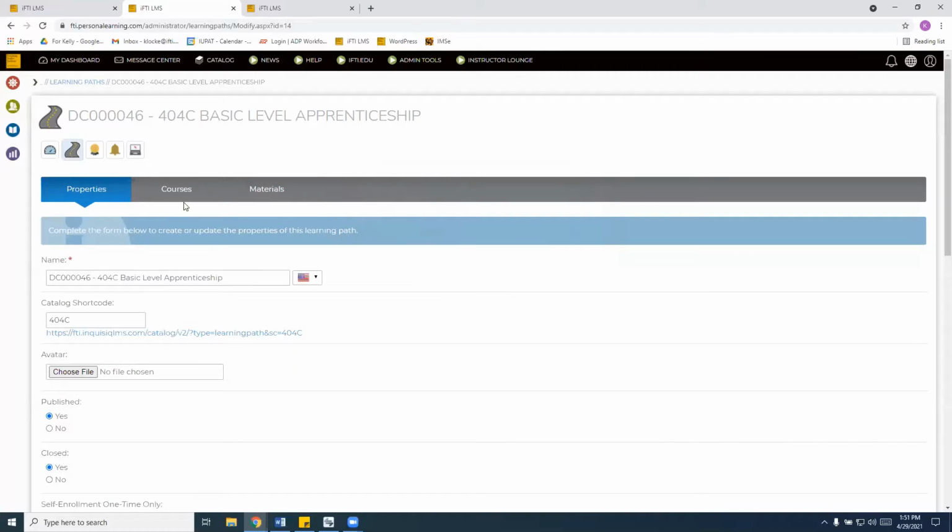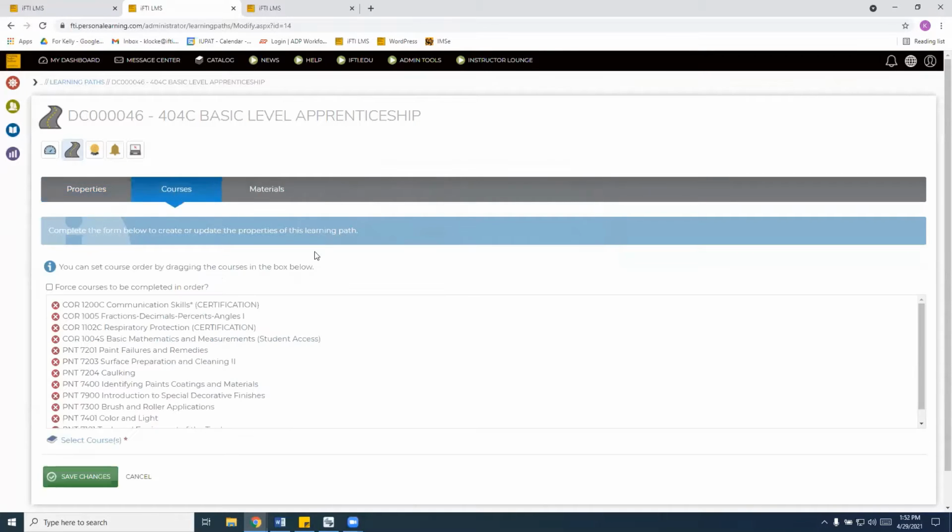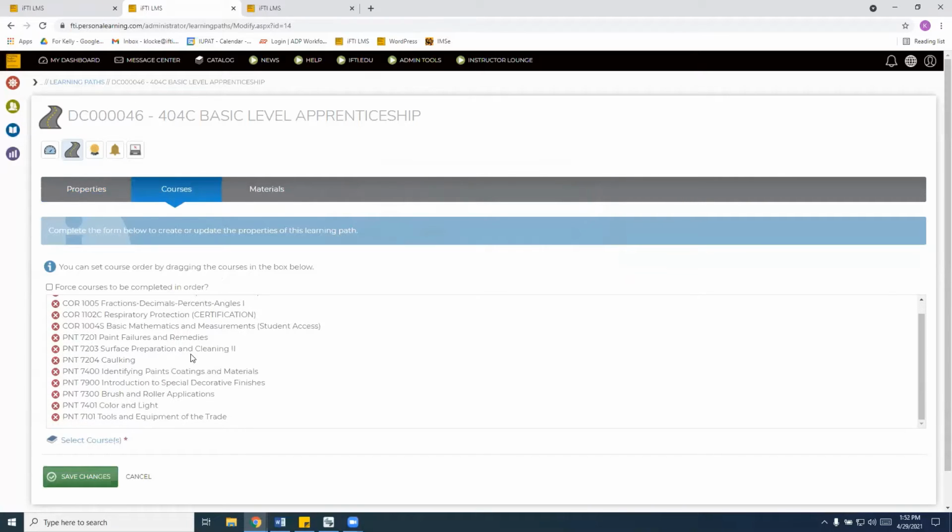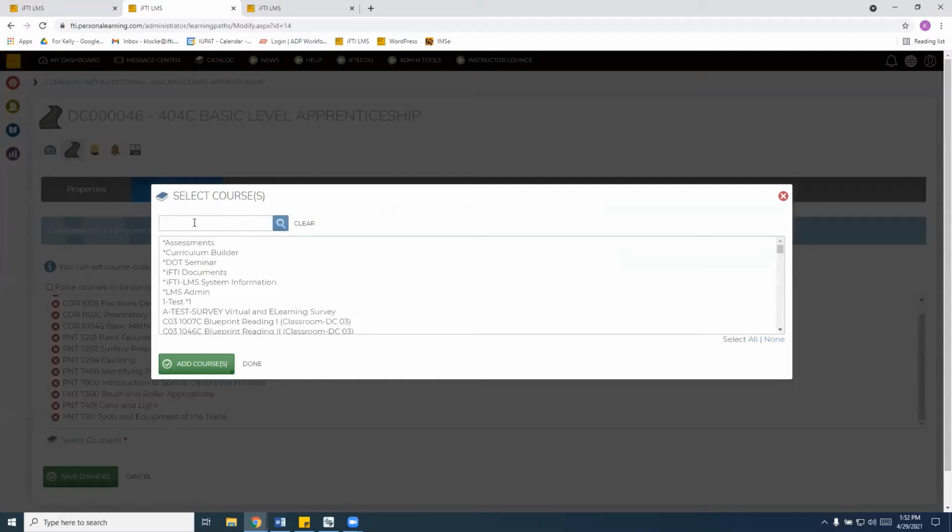Your second tab here is the courses. This is the list of all the courses that are included in your learning path. You can scroll through them. To add a new course, select courses.